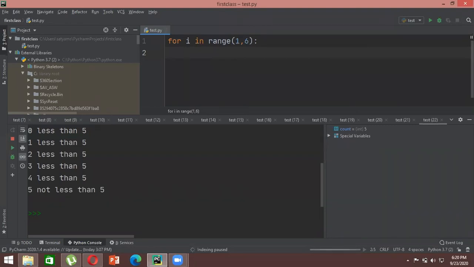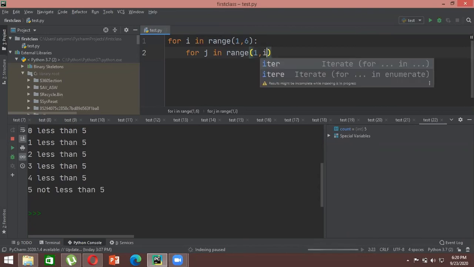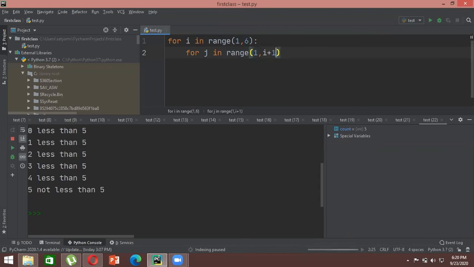So what I can write here is for j in range. Now here the range will start from 1, but it will go till the rows, because the column count will depend on the rows, how many rows we are going to print. So the column range will always depend on the row range, right?